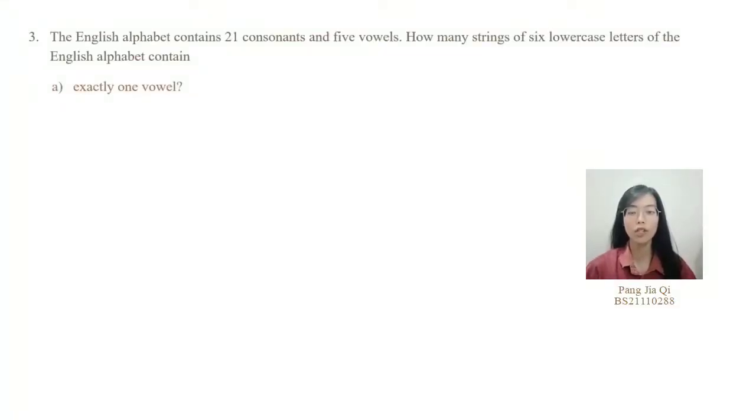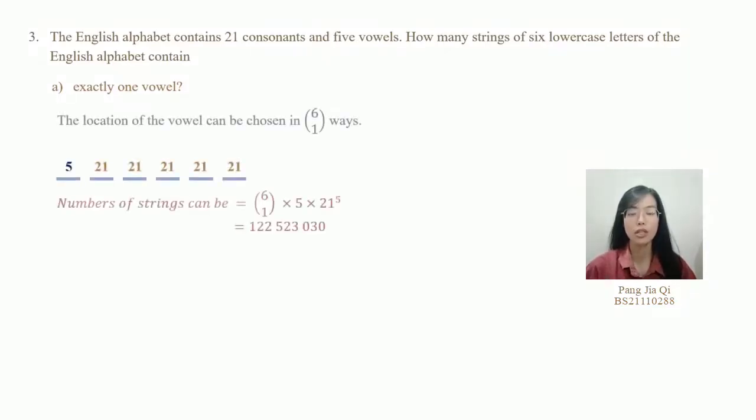I will present for Chapter 5, Question 3. The English alphabet contains 21 consonants and 5 vowels. How many strings of 6 lowercase letters of the English alphabet contain exactly 1 vowel? The location of the vowel can be chosen in 6 choose 1 ways, so the number of strings equals 6 choose 1 times 5 times 21 to the power of 5, which equals